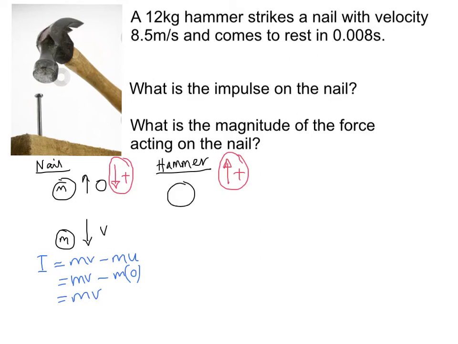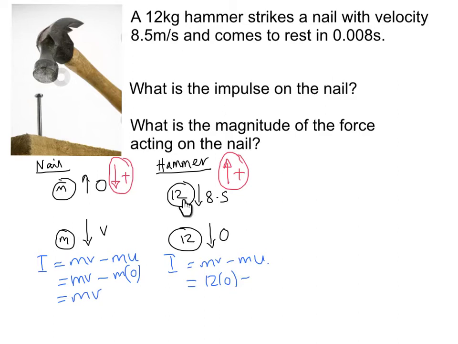Okay, so for the hammer, before it's 12 kilograms and it's going down with a speed of 8.5 meters per second, and then afterwards it's still 12 kilograms, but it has come completely to rest, and that's happened in 0.008 seconds. So impulse is change in momentum, mv minus mu. In this case, we've got a mass of 12 and a velocity of 0 as our final mass and final velocity, minus, and now we've got a mass of 12 and the initial velocity, now this is 8.5,